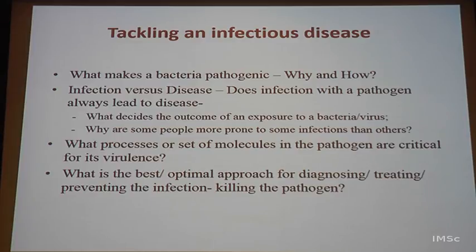There can be 3 outcomes basically. The first one is actual disease. In some situations, a small number of cases, it actually manifests into disease, where the pathogen thrives and proliferates in whatever niches it finds. The second outcome, which is the most predominant, is the virus or the bacteria is cleared from the system. So there's killing that's happening again due to host responses. And there's a third type of outcome, which is a stalemate, which means the pathogen is not killed, but it can survive within the host cells, somewhat in a dormant state or a latent state. And in some situations, such as what I'll show you a little later on, Mycobacterium tuberculosis is a classical example of that.